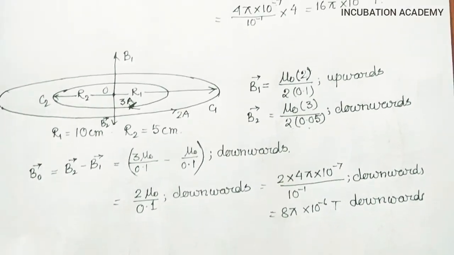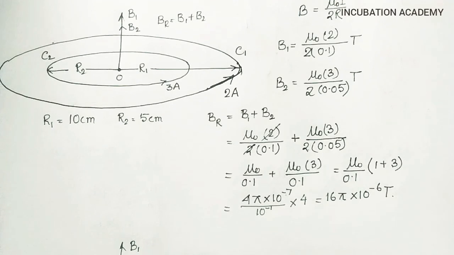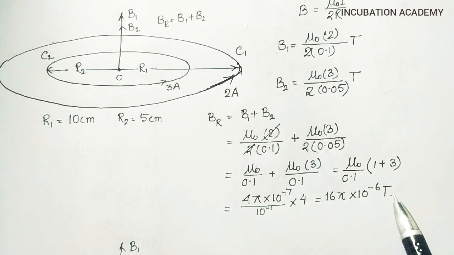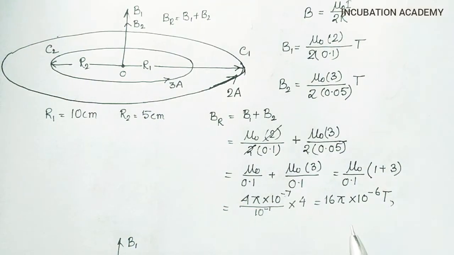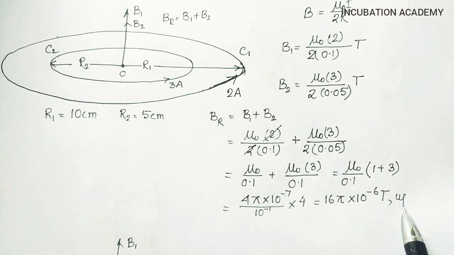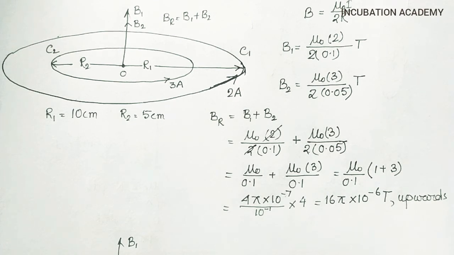So if I look into the previous one that we have discussed, from where we started, here the resultant magnetic field that we have found is 16 pi into 10 to the power minus 6. Since the fields are in the same direction, these two are added, and the magnetic field is in the upward direction. When the magnetic fields are in the opposite direction, depending on the direction of the current flow that I have told before, it will be either in the upward direction or the downward direction, if the two concentric circular coils, here of different radius, are in the same plane.